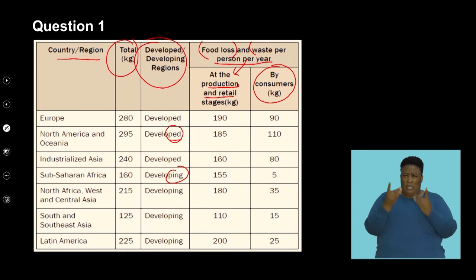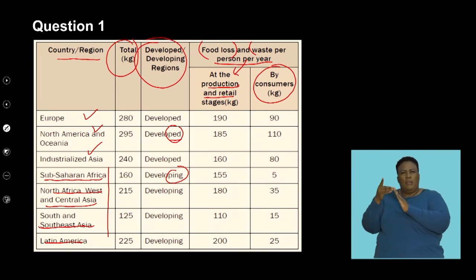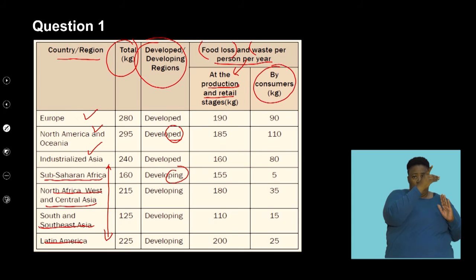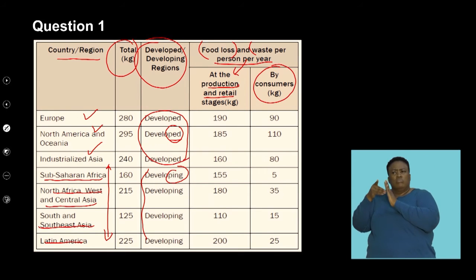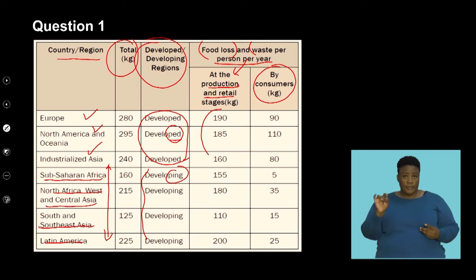If we look at the stats in this, it's good to be able to identify the difference. Here we have a developed country, industrialized Asia. We also see that there are developing countries illustrated: Sub-Saharan Africa, North Africa, West and Central Asia, South and Southeast Asia, and Latin America are all seen as developing countries. I think that's very important in understanding the context of what this comparison is being made against. So we're comparing your developing countries to your developed countries further up here. And again, these stats that we need to compare are something that you need to extrapolate and pay careful